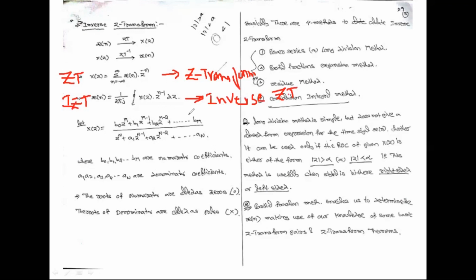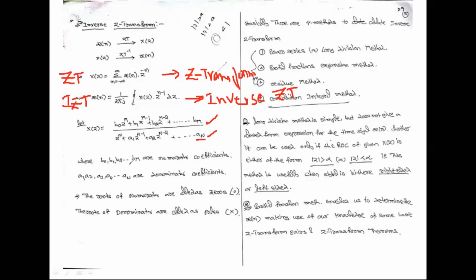So let X of z be b0 z power m plus b1 z power m minus 1, so decreasing this power, b1, b2, b3, and so on up to bm, capital M. And similarly, the denominator is z power N, capital N, plus a1 z power N minus 1, a2 z power N minus 2, and so on up to a suffix N, capital N,